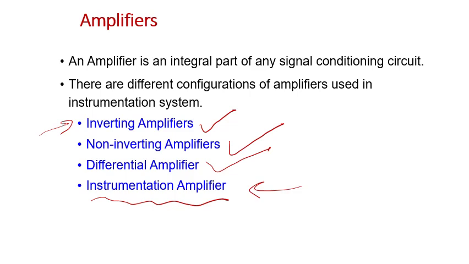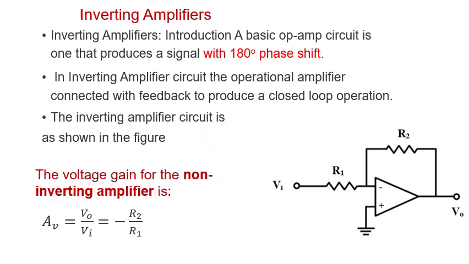Instrumentation amplifier, it's going to find the difference between the two inputs and send it to the output, but with very high gain. Let us start with the inverting amplifier. The inverting amplifier is nothing but the operational amplifier which I mentioned just now with this circuit,